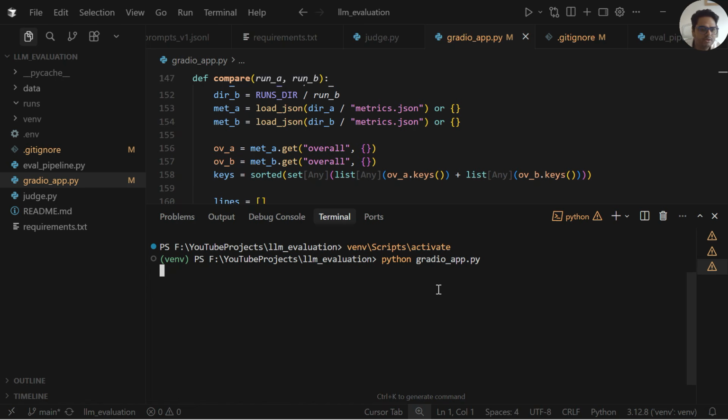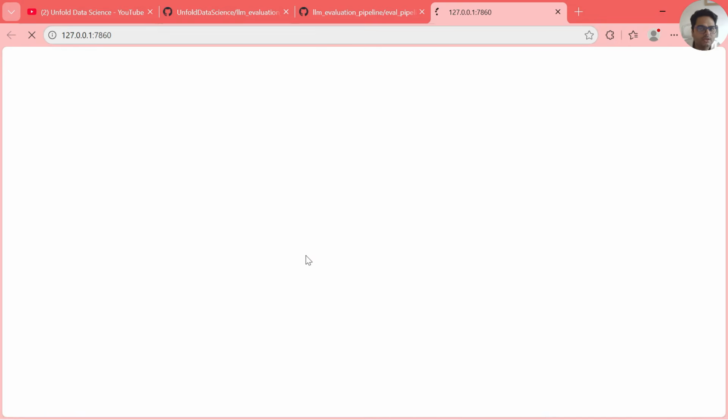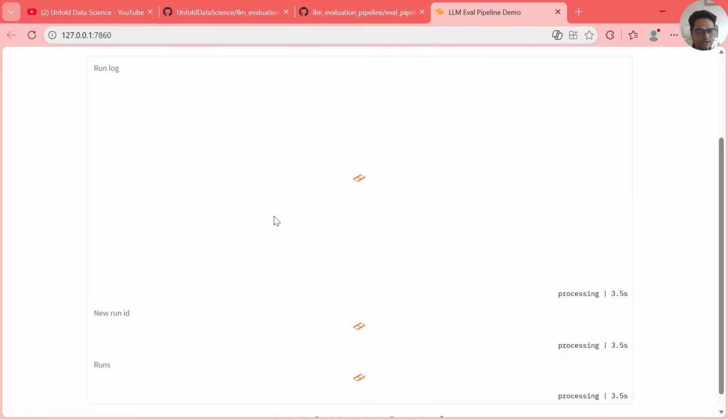And one thing I want you to notice here, if you see inside runs now, nothing is there. Okay, nothing is there inside runs. But you will see that once I run the project, the run data will start coming inside runs. I will go here and I will say run evaluation, and you will see something is happening here, which means